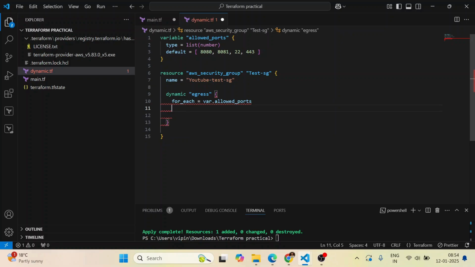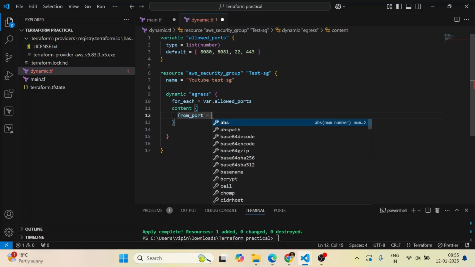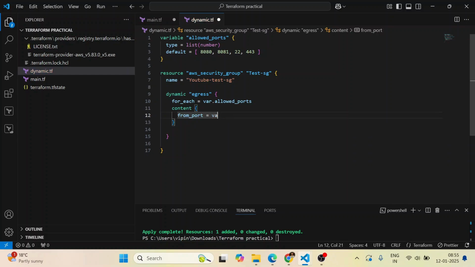And then after that what do we have to define? We have to define the content, and what content do we have? from_port, that is ingress.value,